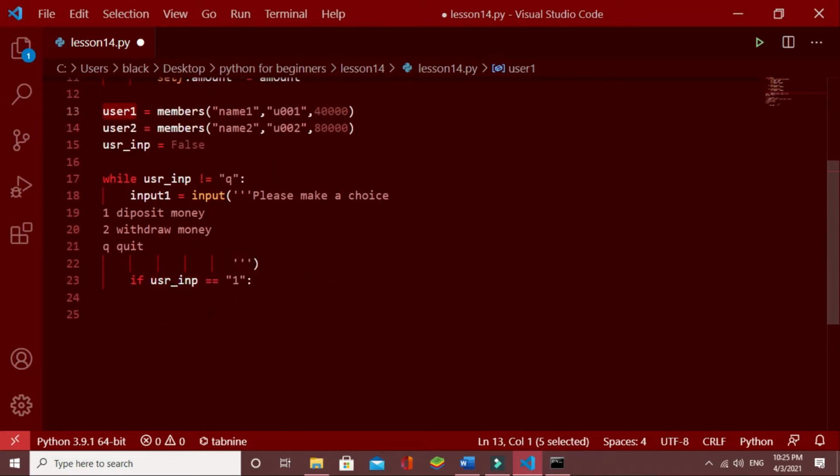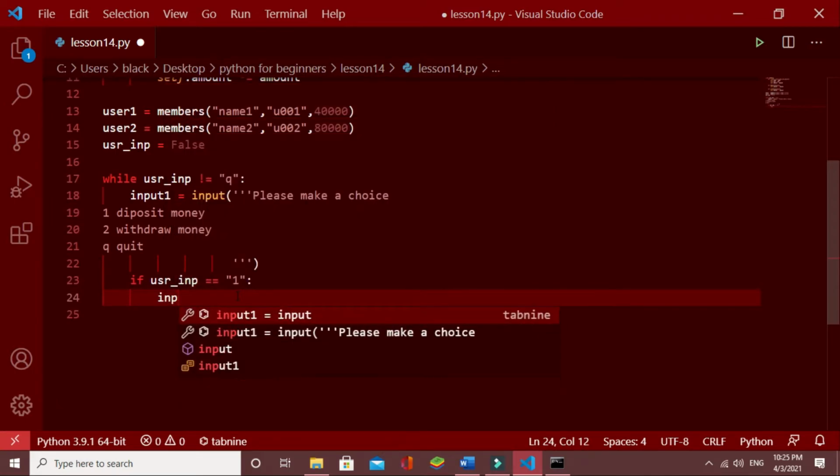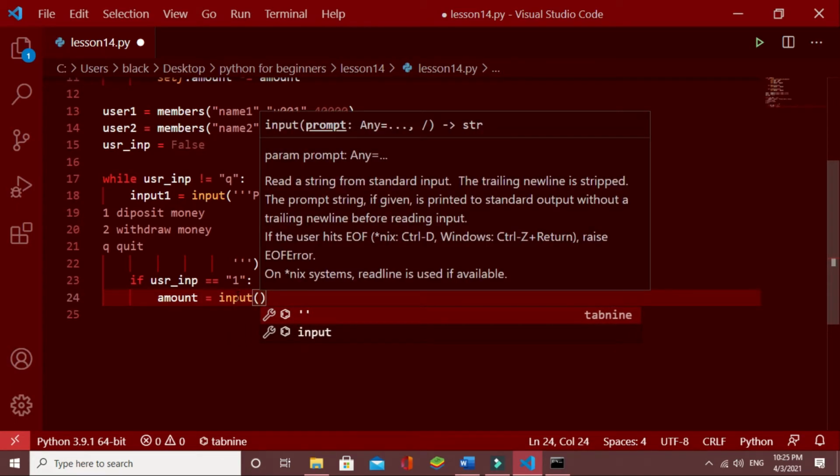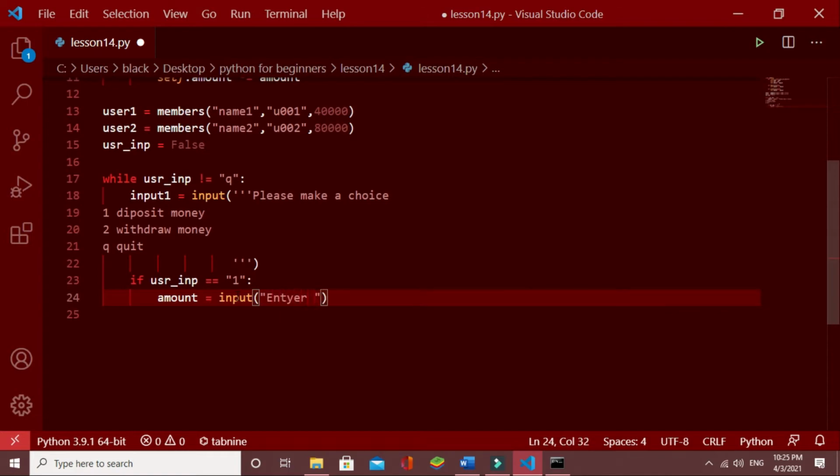If this user input equals 1, which means user wants to deposit money, we are getting another input. I'll call it amount. Amount equals input, and enter the amount.